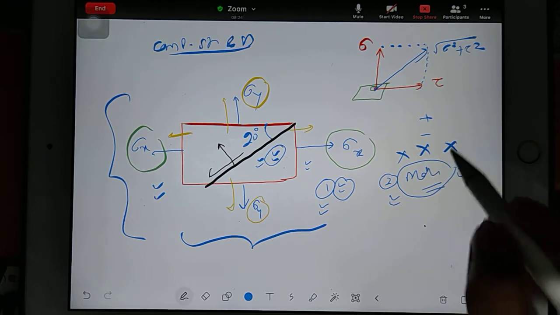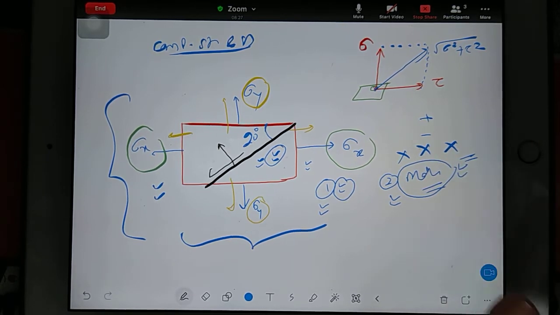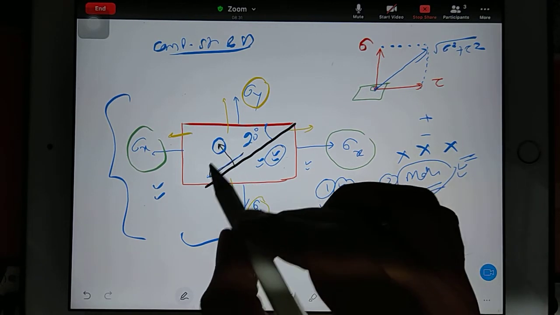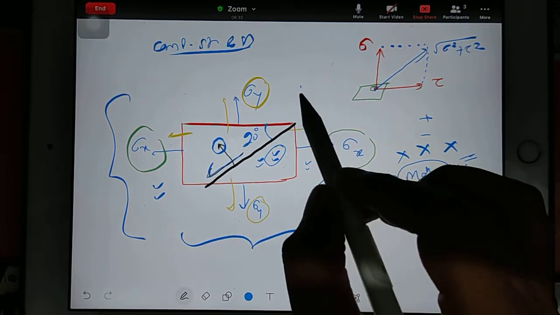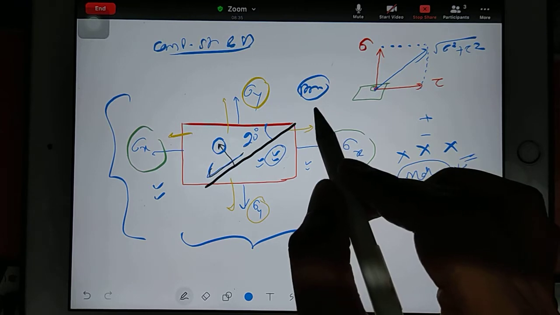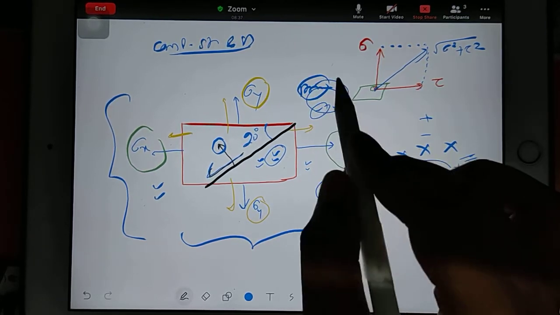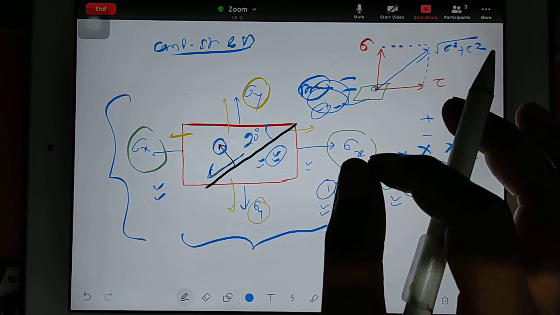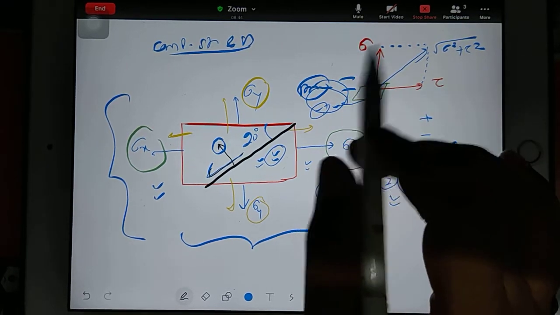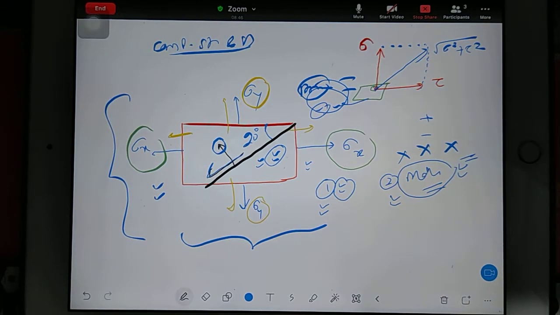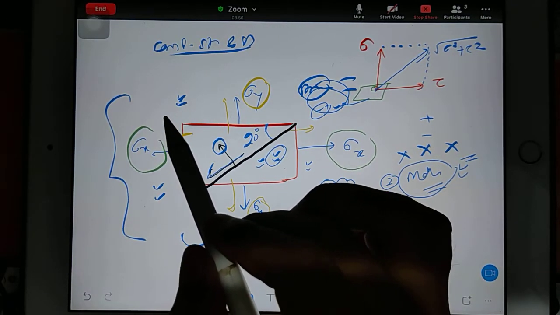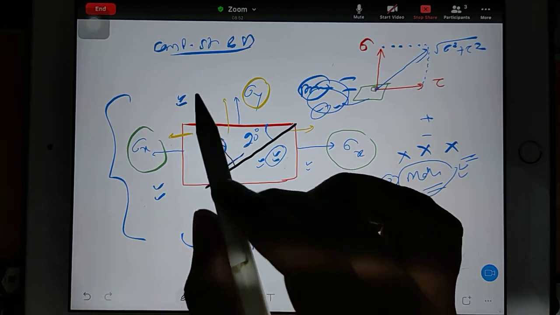In the Mohr circle itself I will teach you how to find the normal stress and shear stress on this plane, what is called the principal plane, and what is called the plane where shear stress is maximum. Those things we will discuss first based on the Mohr circle. Once the Mohr circle is clear, you will be very comfortable with the formulas also. So to explain the Mohr circle I need an example. With the help of a random example I will try to explain the Mohr circle.